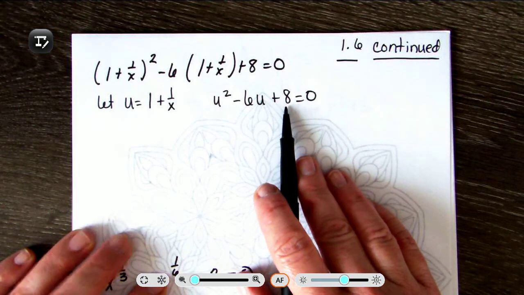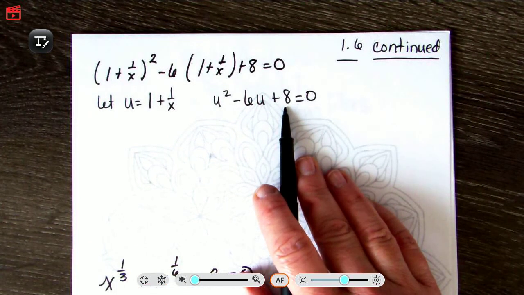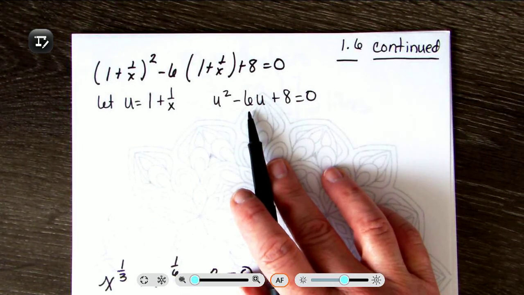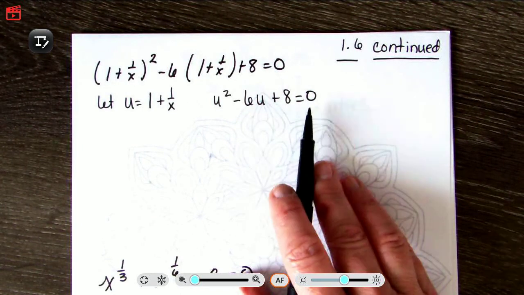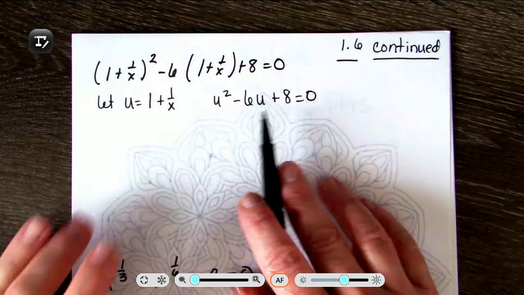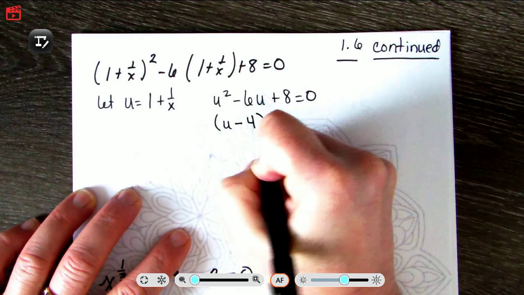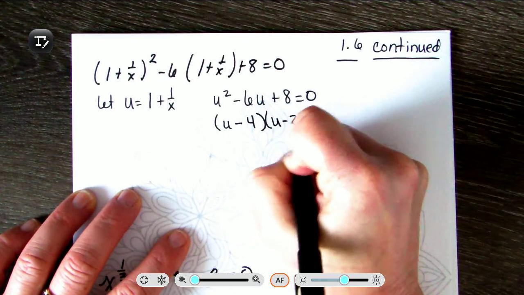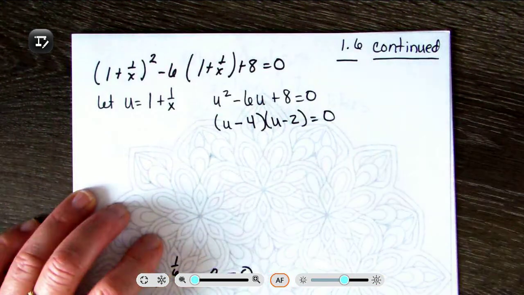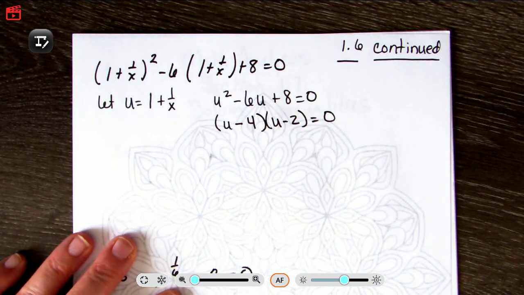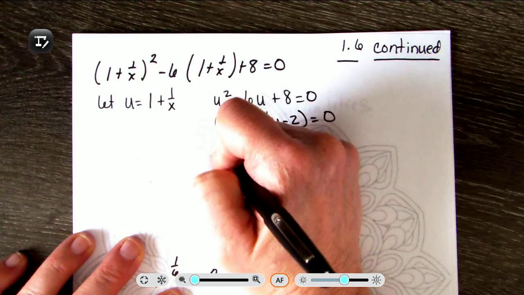So trying to find 2 numbers that multiply together to give me a positive 8, that add together to give a negative 6. So minus 4 and minus 2. So this would factor into u minus 4 and u minus 2,